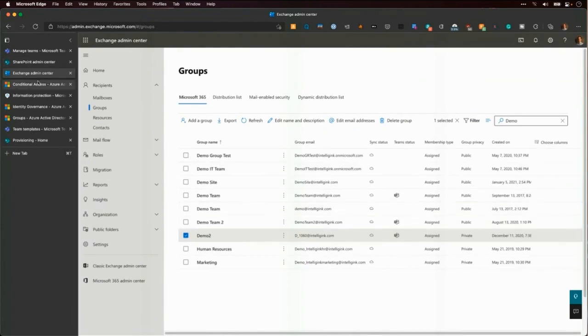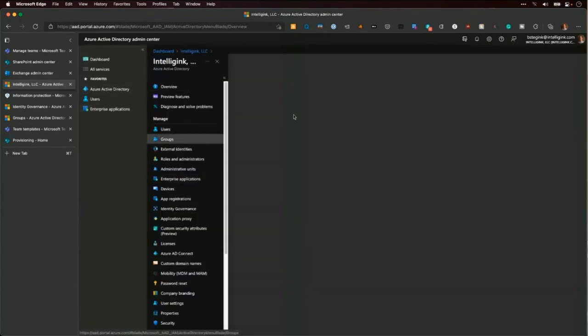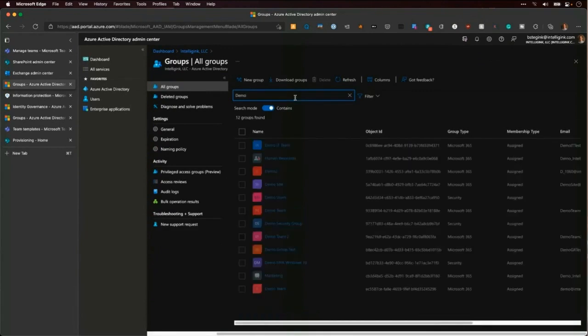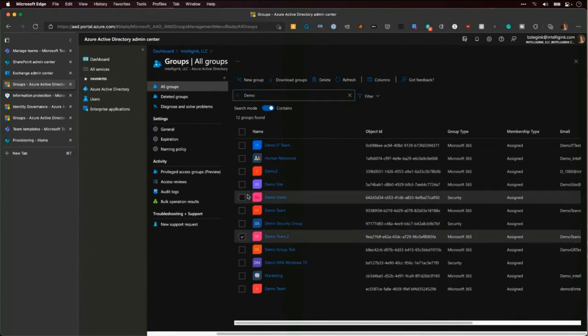If I was over here in Azure Active Directory, I'm going to go to my groups and look for demo here. You'll see, once again, demo 2, demo team 2. You will also notice that at each one of these, if I'm an Azure Active Directory admin, I can go in and delete demo team 2.